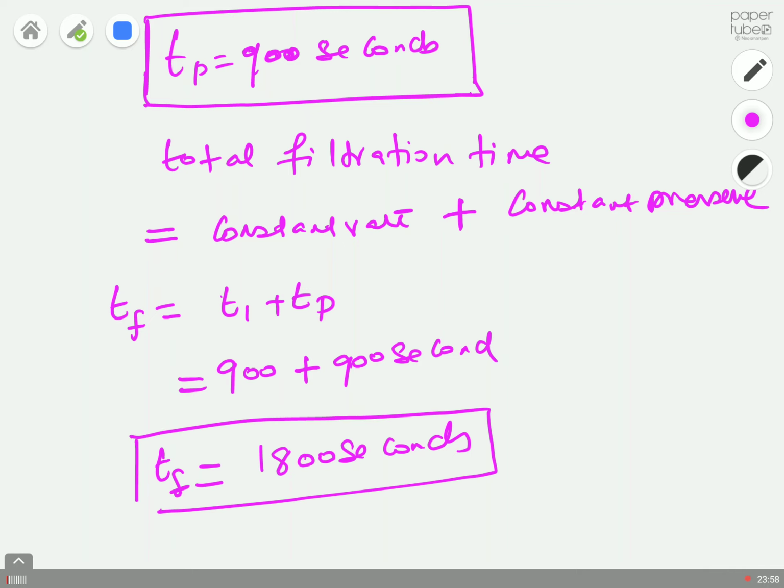And then we need to calculate the cycle time. So total cycle time is the filtration time plus the time that you require to remove the cake and then set the filtration unit ready for the next job. So total filtration time will be equal to 1800 plus the